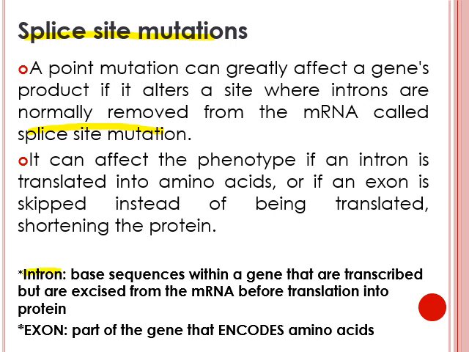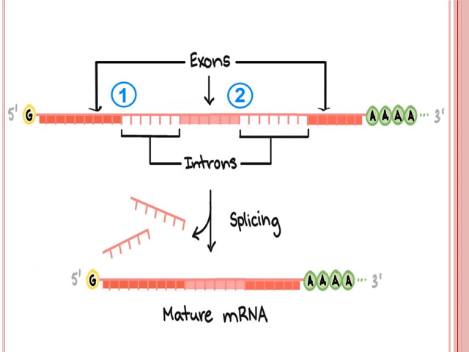So an intron is a base sequence within a gene that is transcribed but is excised from the mRNA before translation into protein. An exon is the part of the gene that encodes amino acids. So these are the exons and these are the introns. So the splicing,